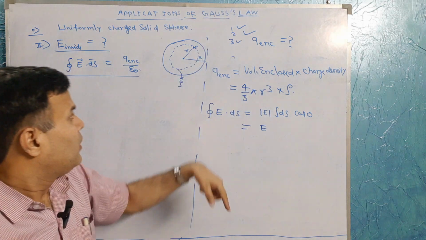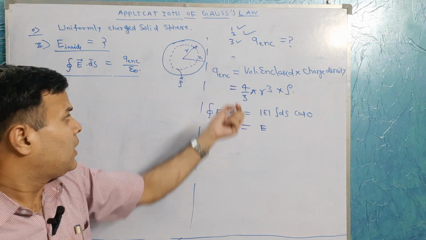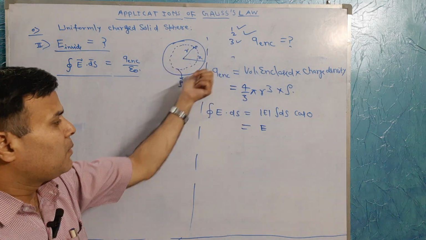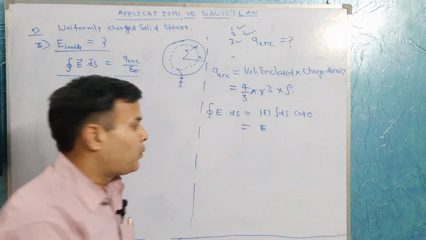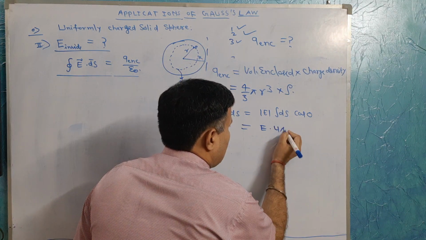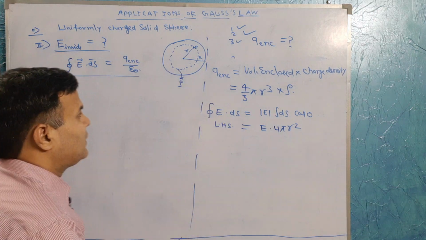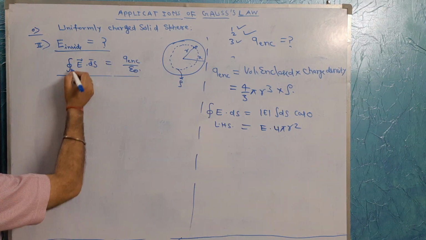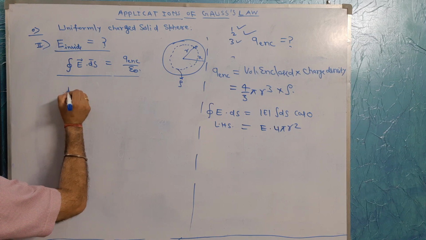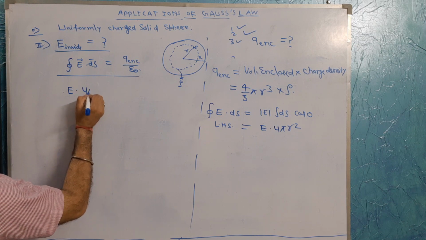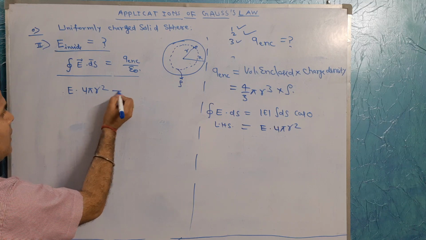If you integrate, the total area of this region, if it is a sphere, is simply 4 pi r square. This is known as the left hand side and this is known as the right hand side. Now putting the value, the left hand side is E into 4 pi r square, and the right hand side is 1 upon epsilon 0 times